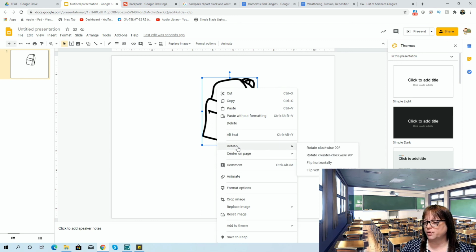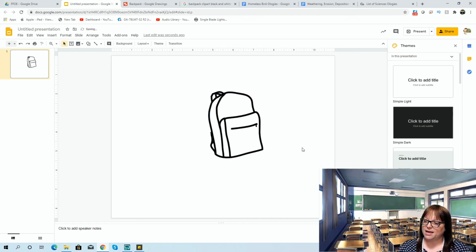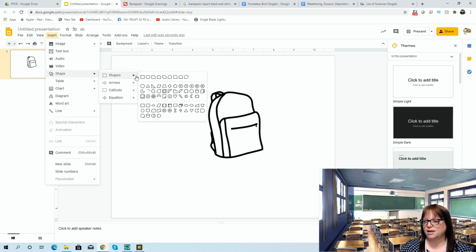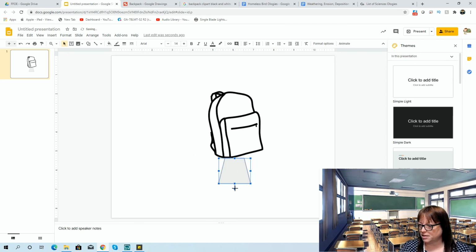So I'm going to rotate it. Again, you can do all the rotating, and I'm going to turn it this direction. And then I'm going to insert some shapes, and I'm going to insert this kind of shape, but I'm going to turn it around, and these are the rocket boosters at the bottom, and then I just got to turn it a little bit so that it kind of lines up there. And then I want 2 of them. So again, Control C and Control V, and maybe I need to make them smaller and they can tweak it,